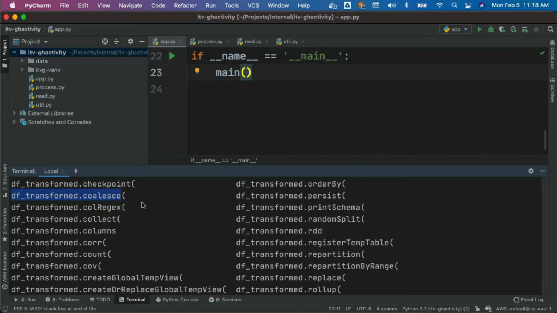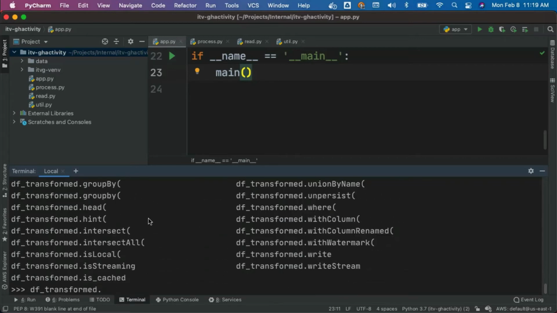Don't worry too much about the intricacies at this time. For now, keep in mind that I'll be using coalesce also to write the data frame into fewer files. Then I'll be invoking write on top of it. Coalesce also gives us a data frame as the object. Using the data frame object after coalesce, we should be able to use write, and then on top of it, we should be able to say partitionBy and then take it further. Let's get into the details here. For now, I am just saying coalesce of 16 and then write and then partitionBy year, month, and day.